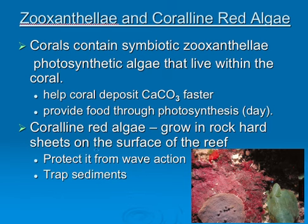All right, so this has to do with how they live. So again, pause, write down the things, and then come back. So zooxanthellae, which is how you say that first word, and coralline red algae. The corals have these zooxanthellae photosynthetic organisms that live inside the coral. They also are helpful in making calcium carbonate, CaCO3, faster, which makes them stronger. And then when they're not hunting for zooplankton at night, during the day, they can carry out photosynthesis because the zooxanthellae are photosynthetic. And then they help form, in particular, a good example of this is the coralline red algae,